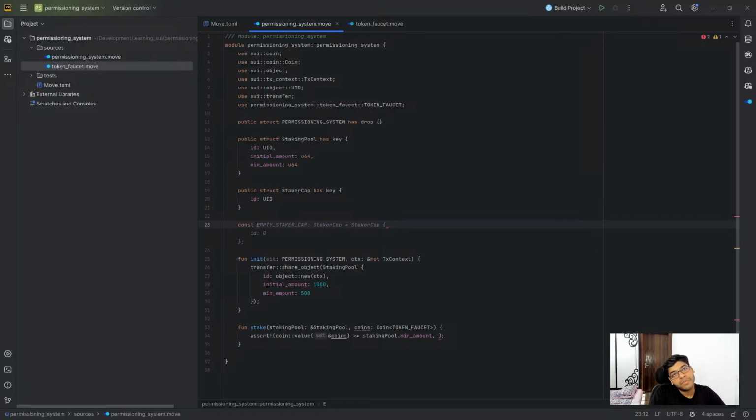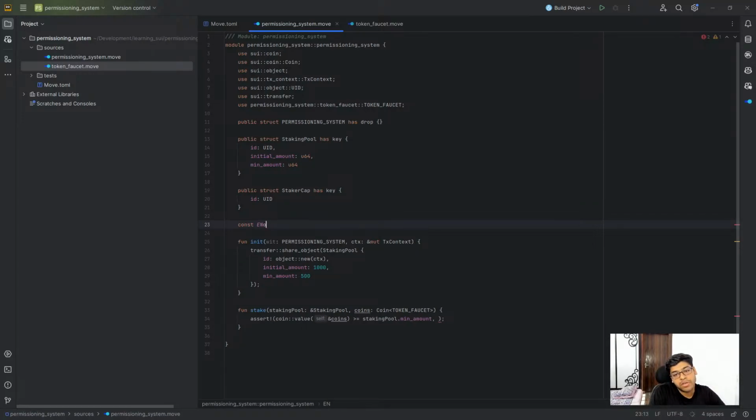Then we can have different error names. So let's say not enough funds, and the error code is 1. So we can pass in this error here. So if the value of this is more than equal to the minimum amount, that's fine, but let's do initial amount and this should be equal to this. Okay,